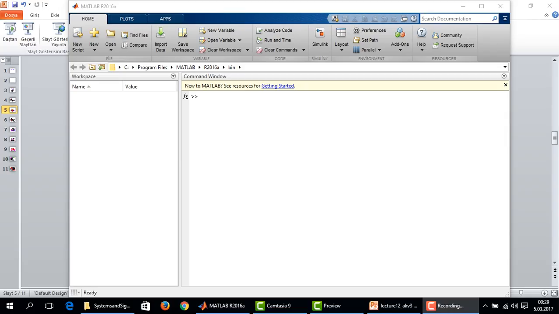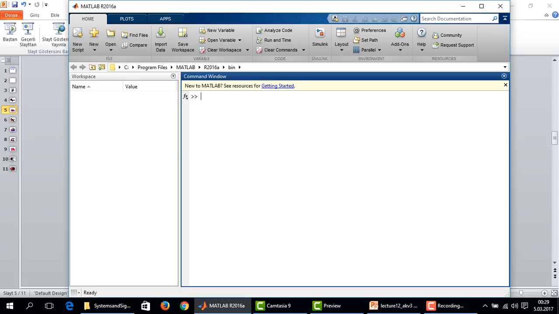Okay, for the MATLAB demo about exponential decaying signal, we already opened the MATLAB editor here, and first thing we need to do is to define time domain signal. And for that, let me first define real number a as 1.5, that is positive number,